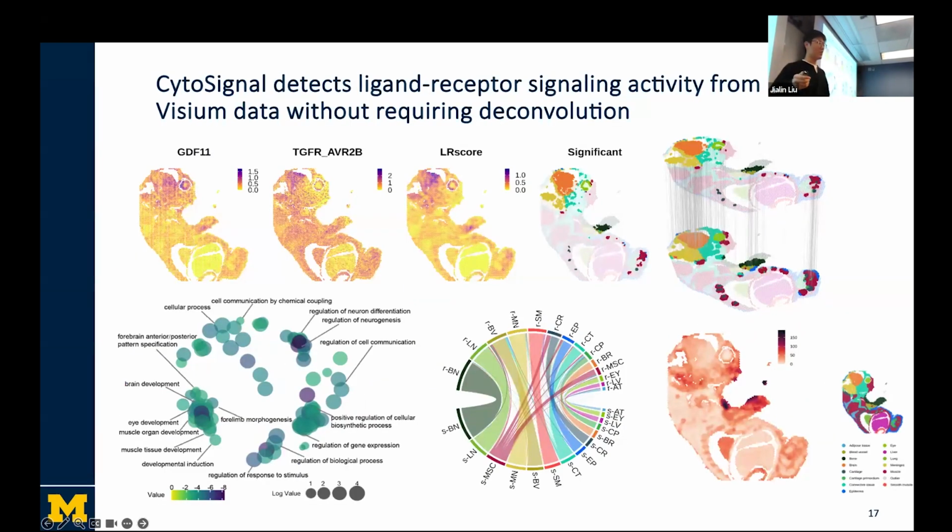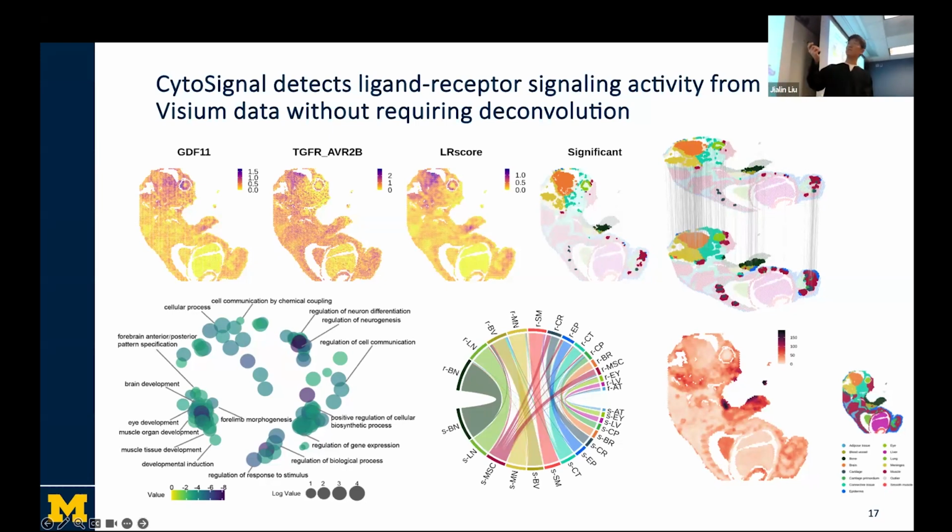So finally, one important feature of any computational tool is its adaptability. Even if in the paper you show you could use your algorithm on one data set, there will always be other researchers who come and ask, okay, can we use your algorithm on maybe ten other kinds of data sets? And CytoSignal has the really good advantage that it's almost compatible with every spatial transcriptomic technique on the market right now.